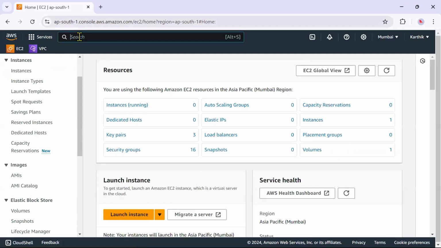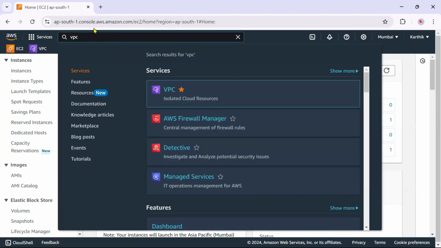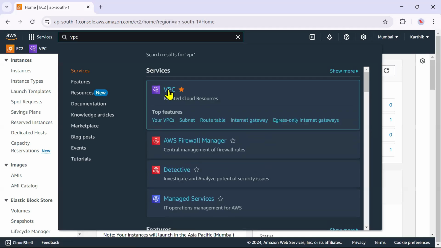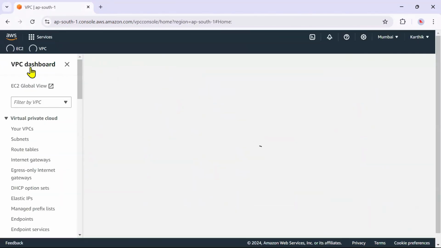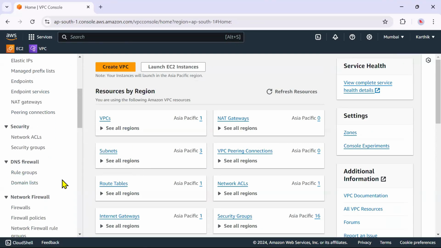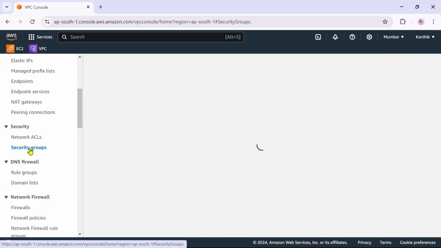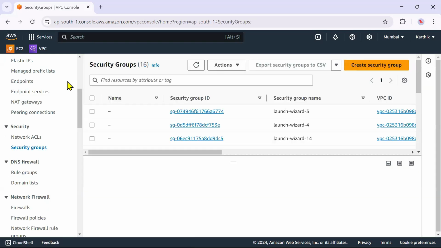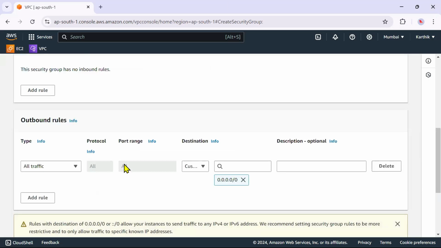Just search for VPC and click on it. If you come down here, you can see security groups. Just click on that. It is a free service. There is no charge for this. Just click on security group.